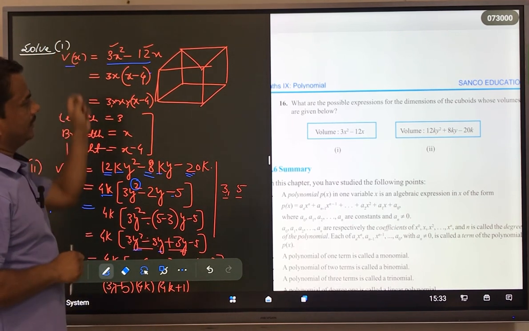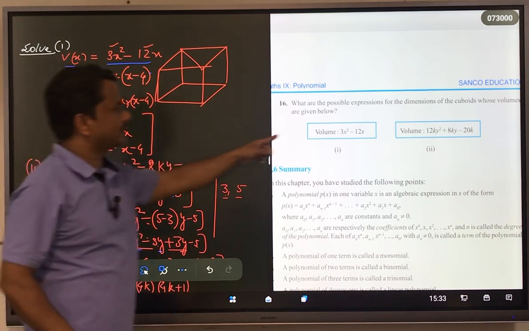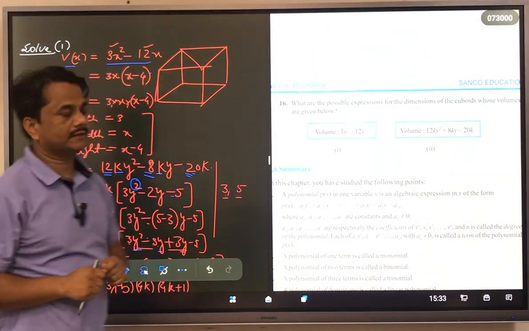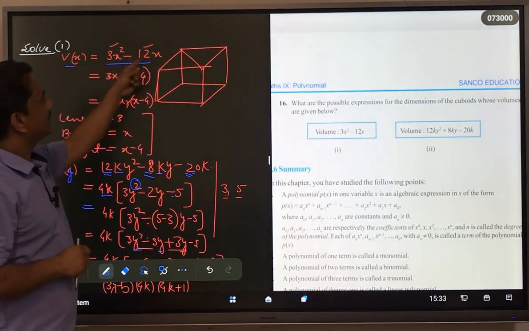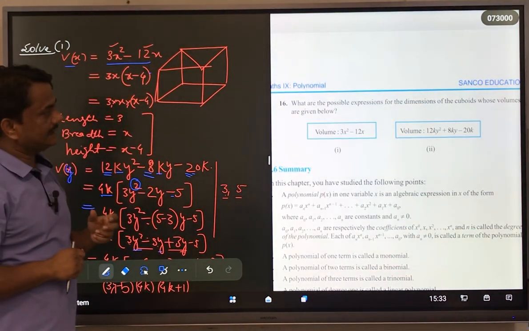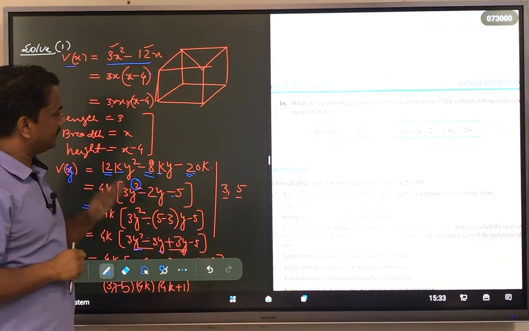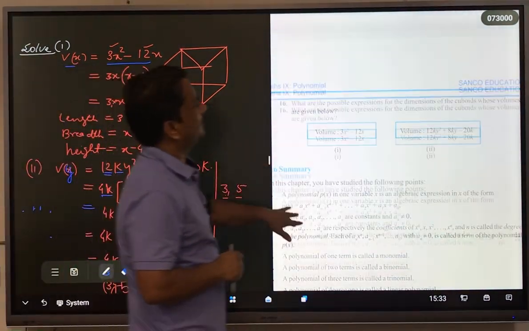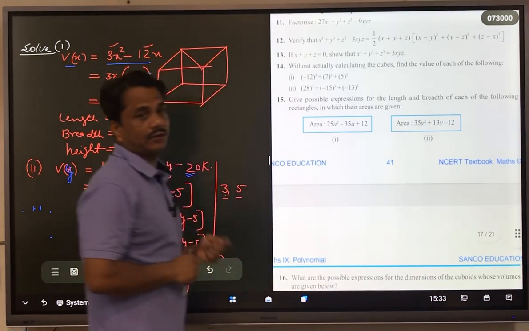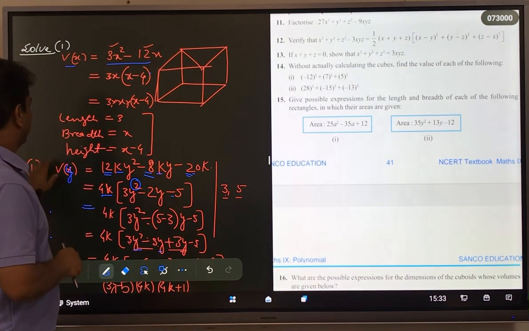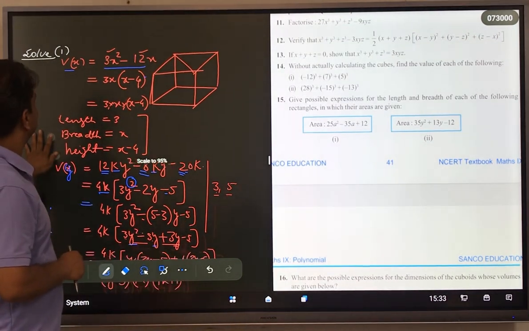Here the volume polynomial, right? V of x is 3x square minus 12x. This is a volume polynomial, right? Now, similarly, we can also do it with the area polynomial. What about the area polynomial? In the case of the area polynomial,